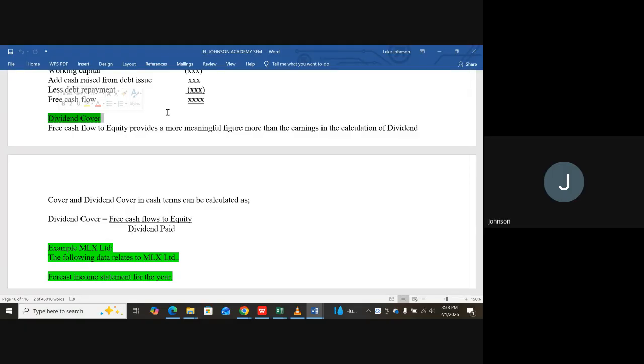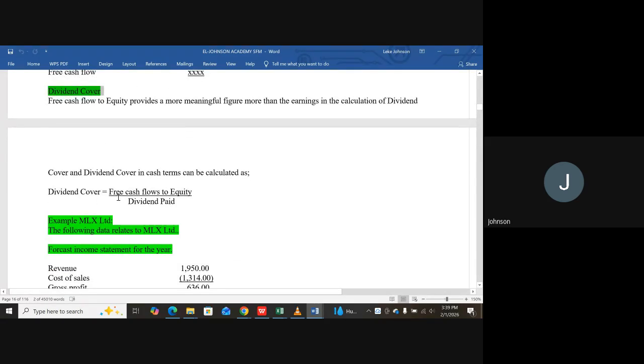So you want to ask that kind of question so that you can know what you are doing. Okay, so that is that. You want to do that, and that is actually fine. So to get your dividend cover, you go and calculate your free cash flows to equity alone. Then you now ask, how much dividend is payable? So the dividend that is payable is what you now use to divide what you have already gotten. Are we together? Yes, sir. All right. So with that being said,